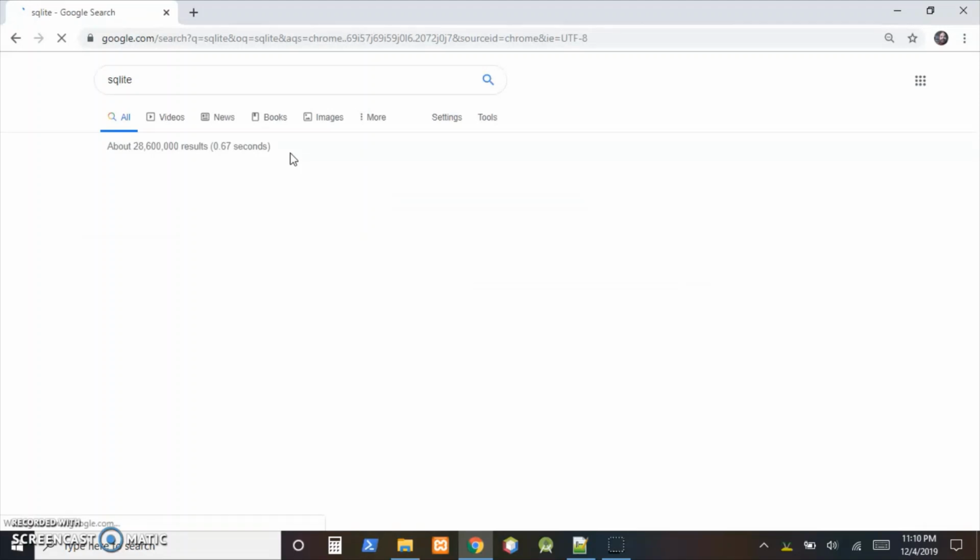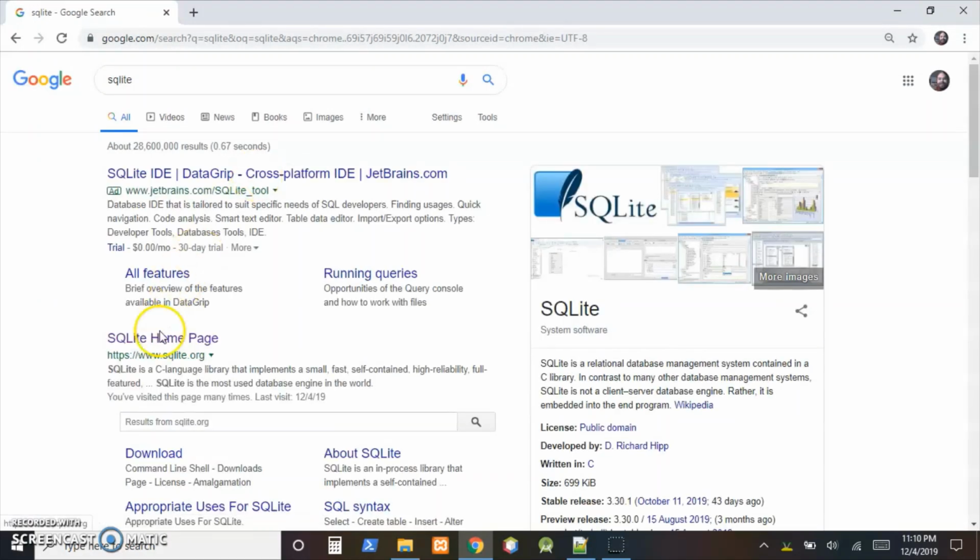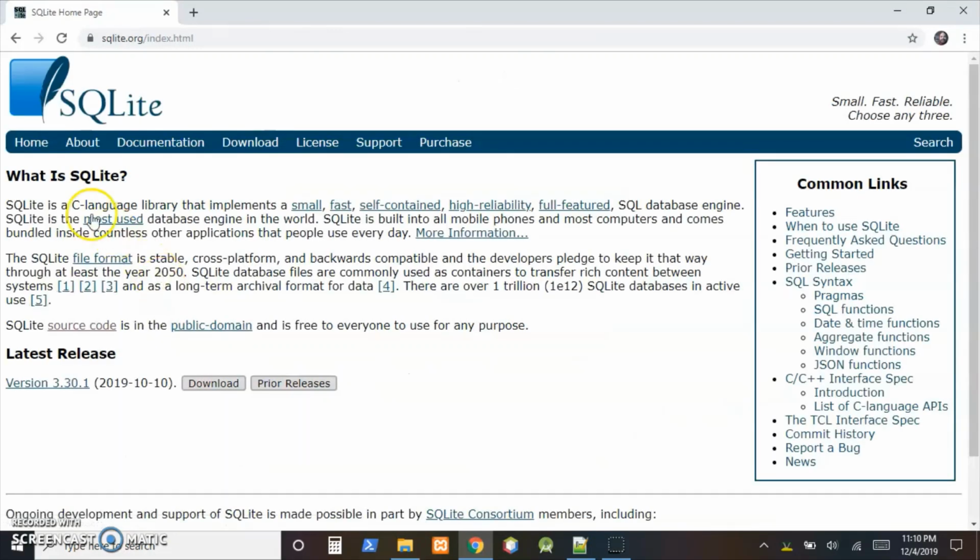And this is something that's available in a lot of languages. It's not just an Android thing. So here on their home page, we can see the important part. It's written in C, but I'll read right from here. Small, fast, self-contained, highly reliable, fully featured SQL database engine. That's basically everything we want a database to do. And the other important part of it here,